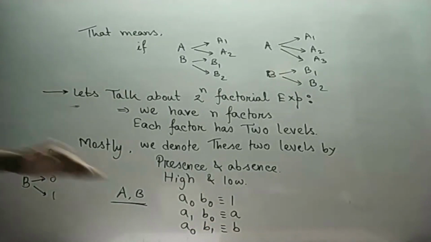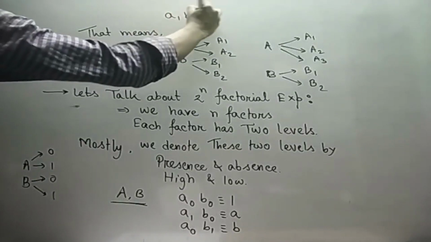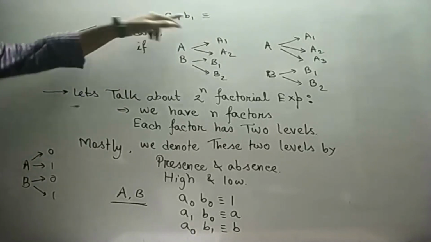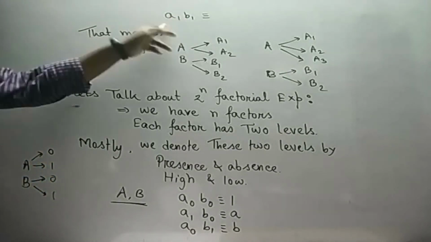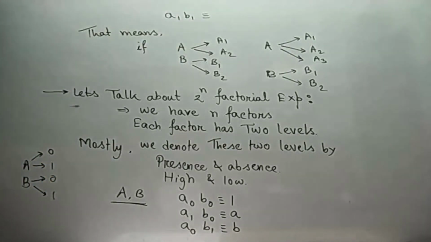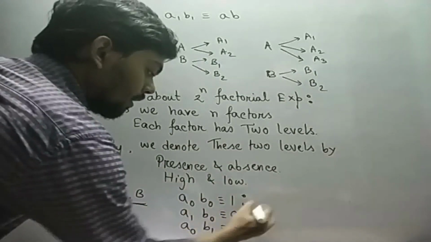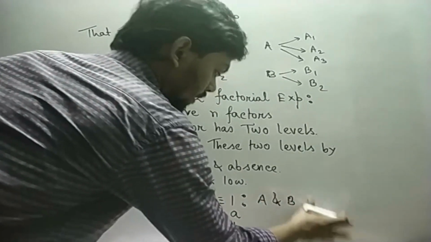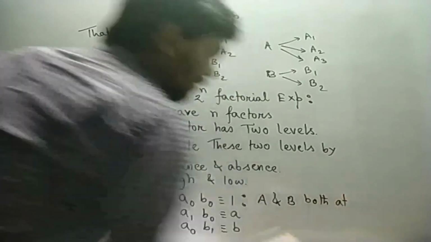Similarly, let's say if we write a1 b1. So a1 b1 denotes that a and b both are present. If we denote 1 by presence, then a and b both are present. Now if both are present, then we can denote that by ab. And we can also denote this using a and b both, or you can write it as both at